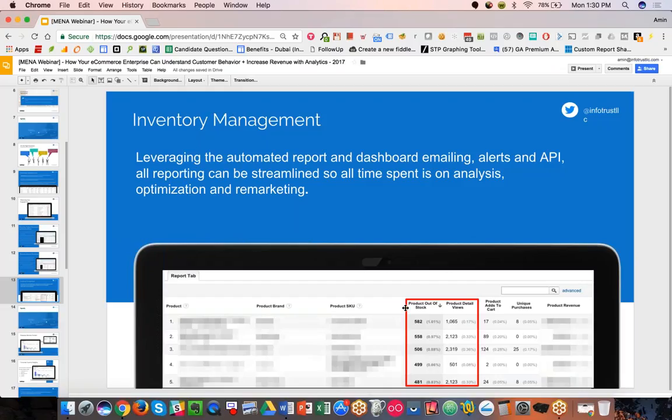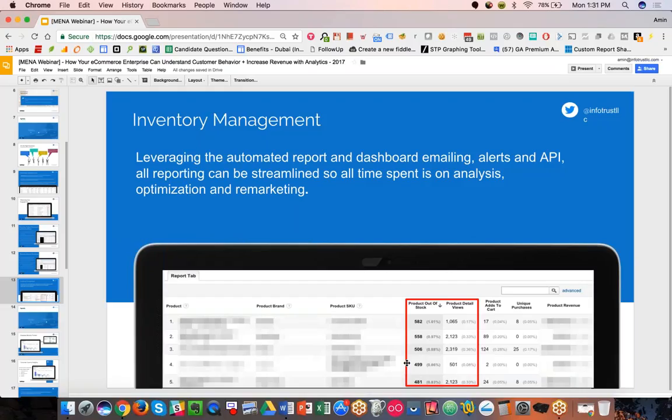So what we've done for one of our clients is track out-of-stock impressions side by side with regular detail views on that detail page. If we see a high volume of detail views and out of stocks together, then this is a product that people are really interested in. Maybe a campaign is really working and the product ran out of stock, but it's really popular. And the team can act much faster than waiting for a back-end inventory system that might take time and require some operational work. Here, this data can be immediately tracked and sent over to the marketing teams,